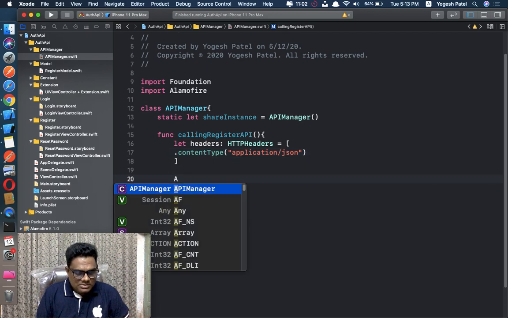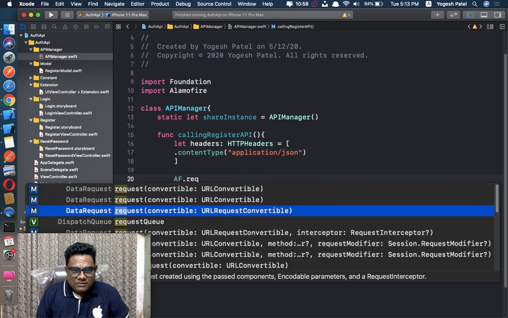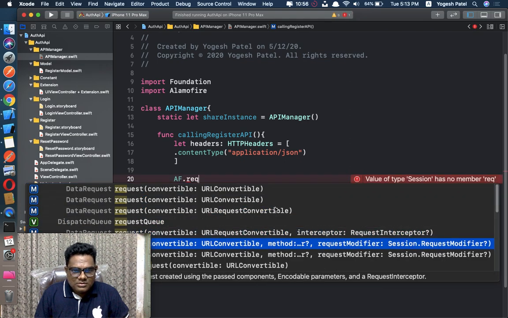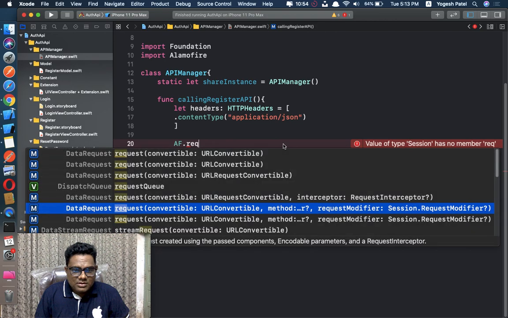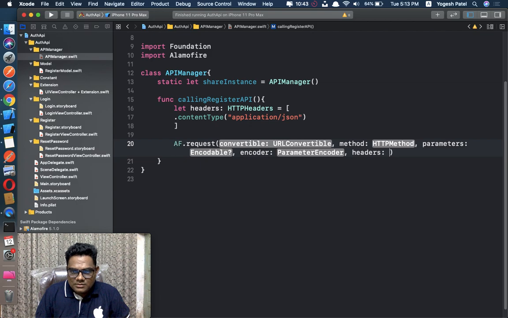Now AF.request, for which we have a method. We don't want this. So paste the header here first. Fine. And paste the string here.